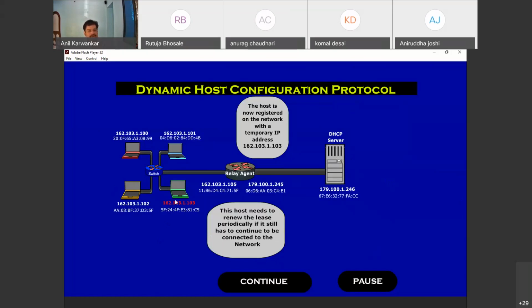Once your username and password are authenticated, the DHCP server will allocate one IP address, an IP address in the public domain, to the green terminal. And once the IP address is allocated to the terminal, then only is the terminal part of the network of networks. That's how the DHCP server at the service provider side allocates the IP address to the home terminal.